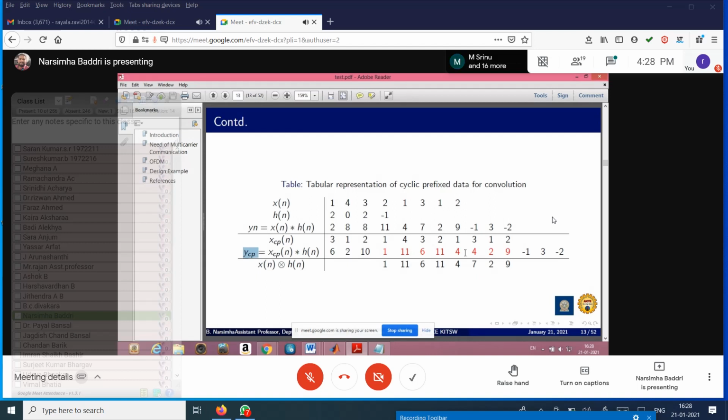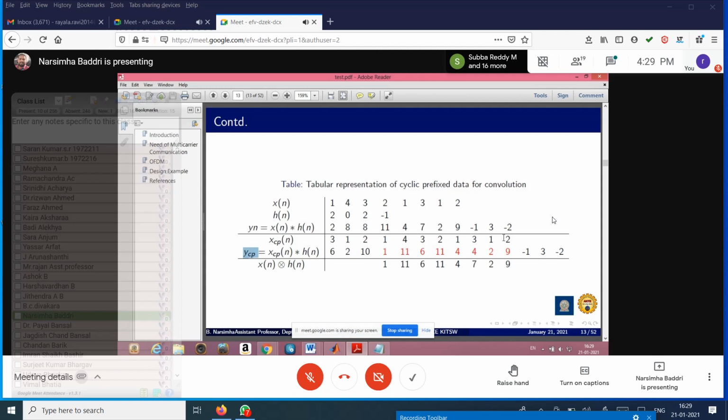Now, if you observe this data and want to interpret the same in the frequency domain, everyone knows that, in case of DTFT or continuous time Fourier transform, convolution in the time domain is equivalent to multiplication in the frequency domain. But here, we are dealing with discrete sequences and discrete samples, so this convolution will not be the multiplication in the frequency domain.